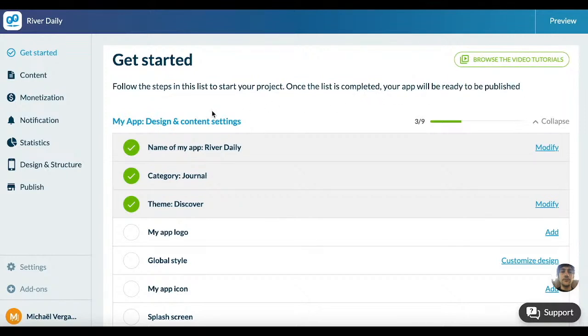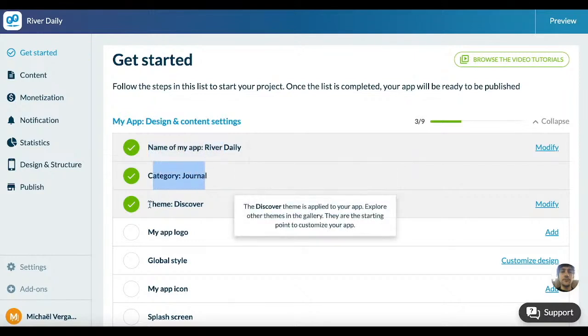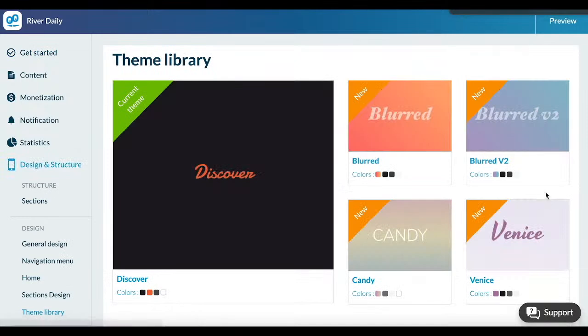Ready to be published. The first 3 steps are already done simply because they are related to the creation of the app, meaning the name of the app, its category, and the theme. A theme is automatically applied when the app is created, but of course you can change it and customize it. So let's do that. Click on Modify,